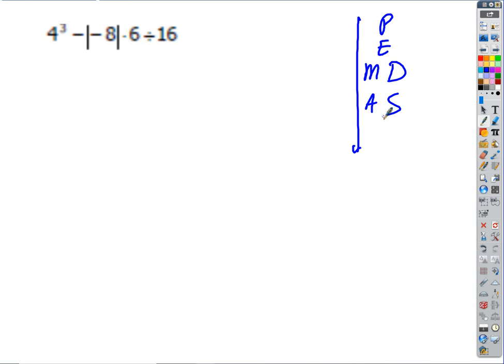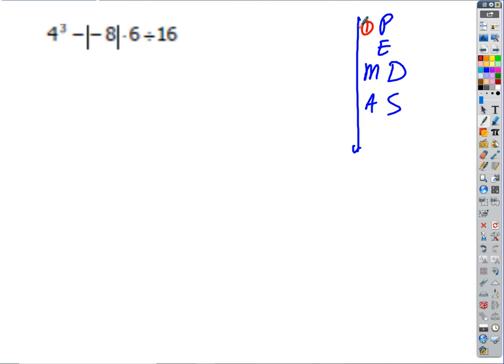Okay, so let's follow this process here. But right away we come to an issue that's not a hard one, but it's something we've got to make sure we understand. We always start with parentheses, right? That's going to be our first step. Do you see any actual parentheses up here? I mean, there really aren't any, technically speaking, but there's something that acts like it. What does the P really stand for? Grouping symbols, right? We say parentheses, but what it really means is grouping symbols, any kind of a grouping symbol,